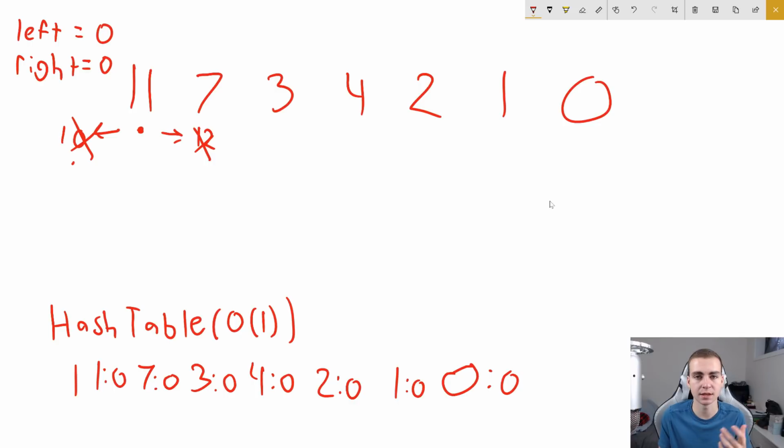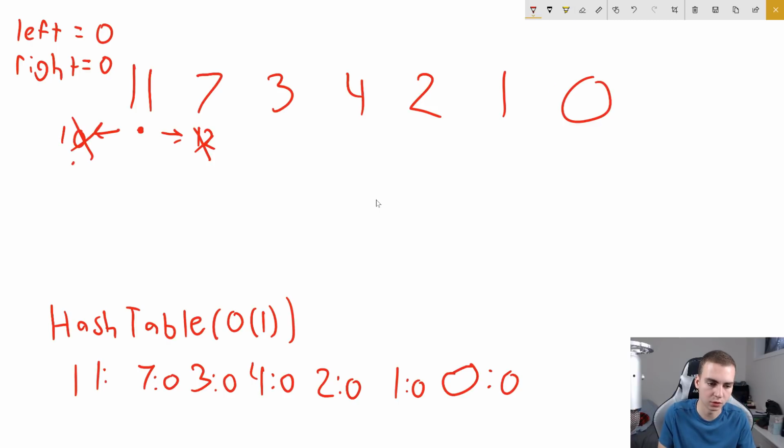And the reason we can say that definitively is because if there was a 10 or if there was a 12, then we would have found it, we would have seen it in the hash table, and we would have been able to determine that, okay, potentially 11 could be in a longer sequence. But here, since there's no 10 or there's no 12, no matter what, the largest sequence that 11 can be in is itself. So what we do now is we go down here to our hash table, we find 11,